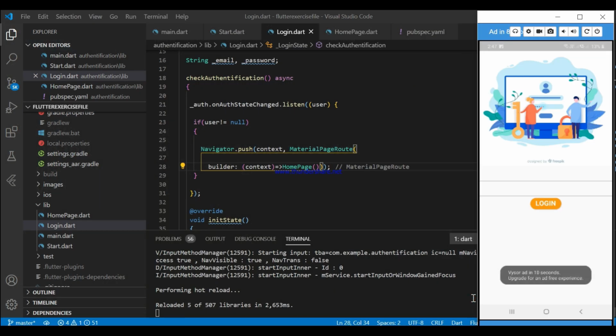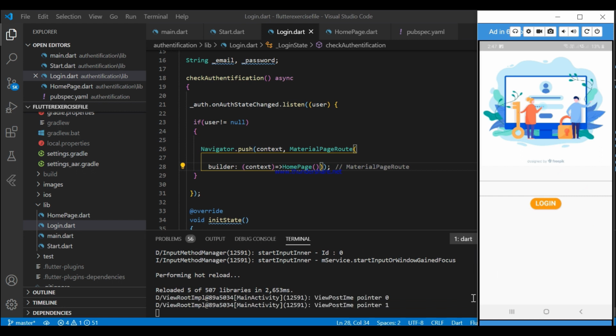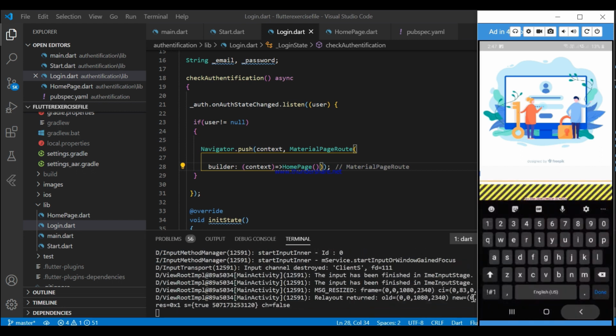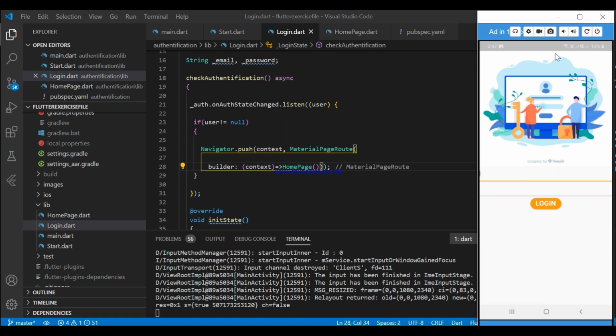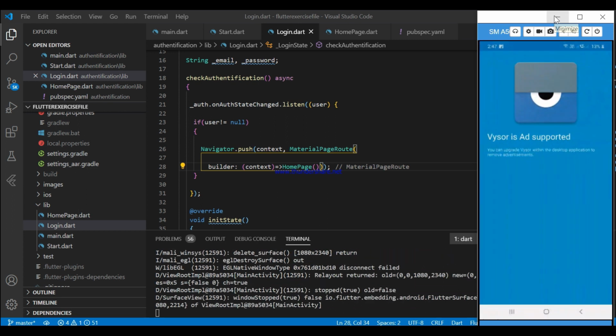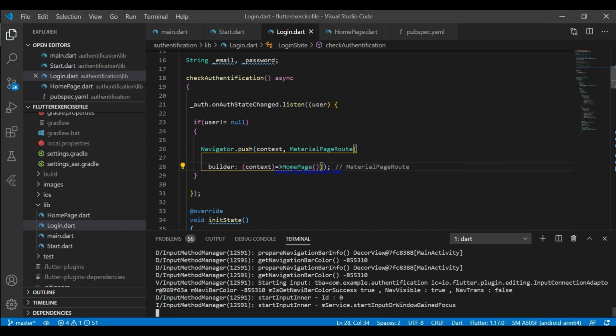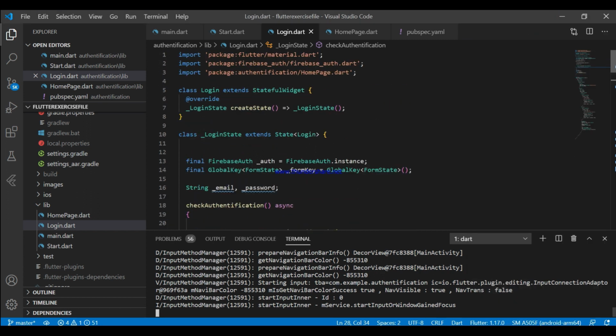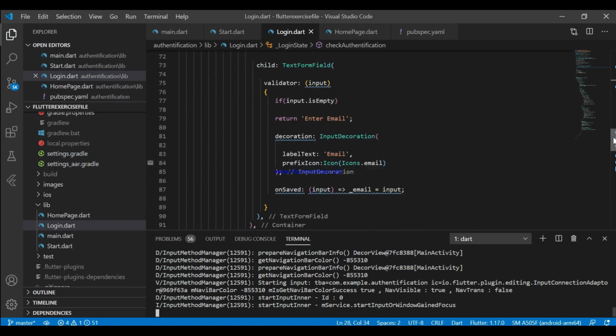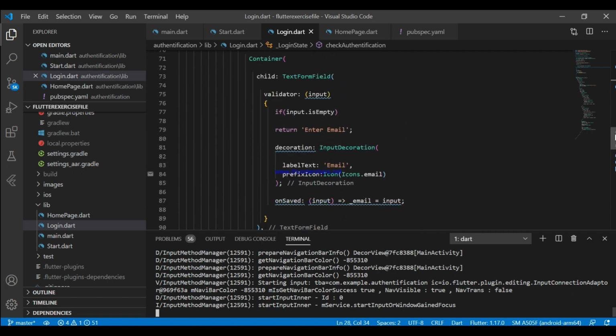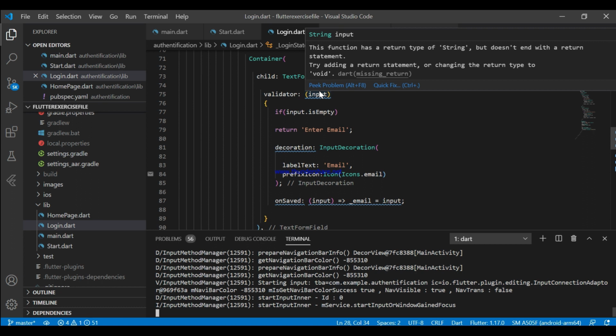What happened? Let's figure out what we have done wrong. Just wait. As I said, debugging is part of development, so I'm not going to fast forward this part. So sorry for that.